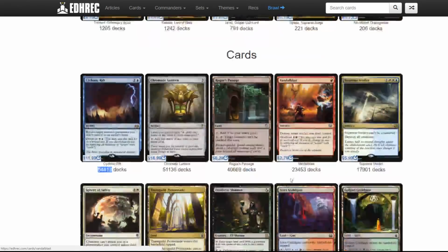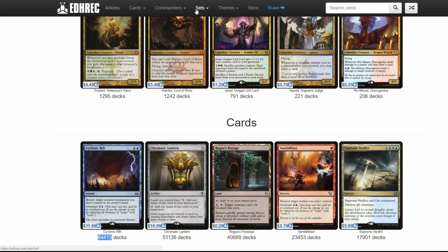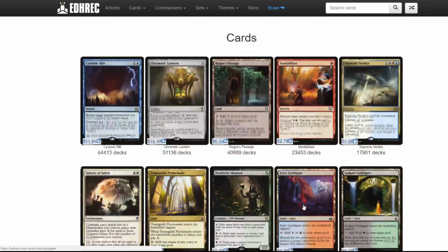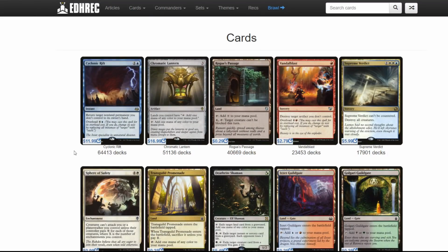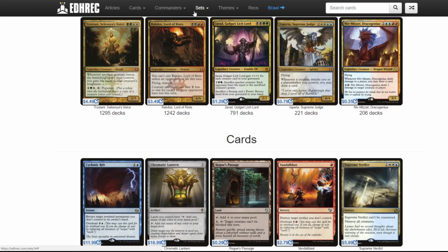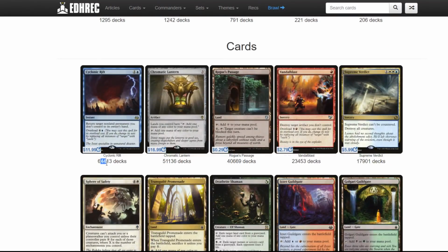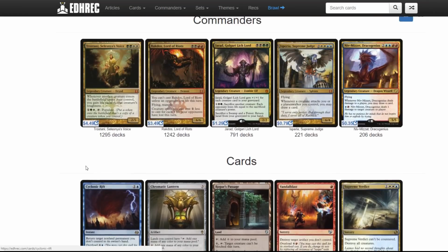So again, EDH Rec is awesome. You can go over here at their top mark and look at sets, and then pull down this more, and you can click on any set, and it'll show you the number of times this card has been in a deck that has been submitted to Tappedout.net. What other sources? They use Tapped Out. I don't know if they use Goldfish, but they use a lot of different deck sources. I think they use Deckbox as a source too, but wherever they get their sources from to compile these lists, there have been